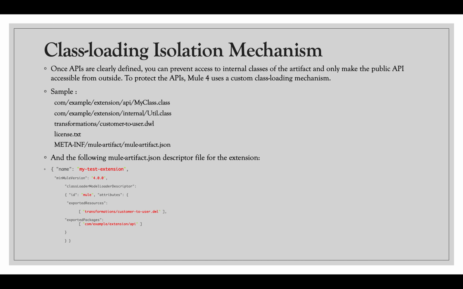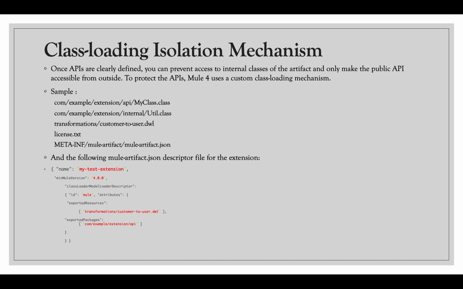Once you build, or during the auto build process of the project, this META-INF folder gets created under the target. So this artifact JSON is also getting created over there. Apart from the one inside target META-INF, there is one more mule-artifact.json which is created at the pom.xml level. It has by default only the braces and minMuleVersion. It could be 4.0.0 or any Mule version on which the particular app is being created.